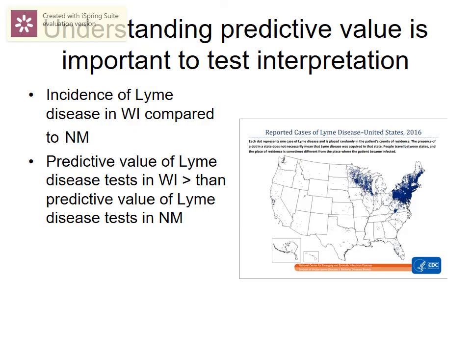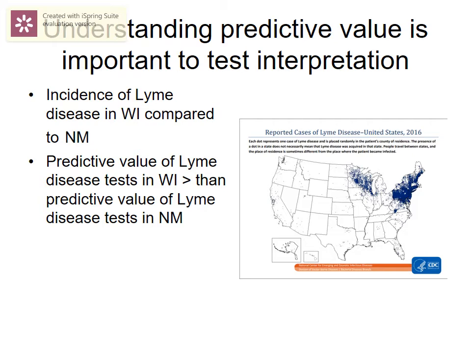Here's an example describing how prevalence is important in determining predictive value. This map represents the incidence of Lyme disease, or the prevalence of Lyme disease across the United States. You can see Wisconsin has a high amount of Lyme disease. New Mexico, hardly any. If we have a negative test in New Mexico, we can be very certain that that test is negative,